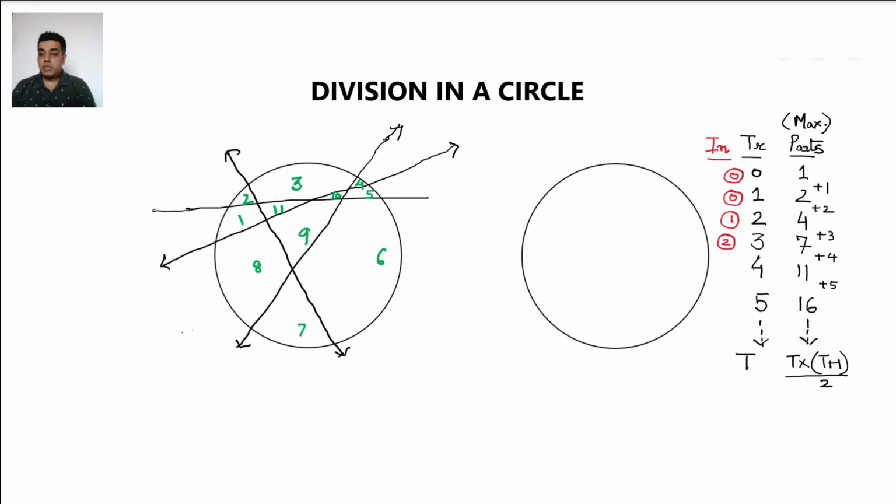Now, so let me put the value of T as 0 in the very first case. So when I take T as 0, it should give me how much? So 0 into 1 divided by 2 gives me 1 by 2. So that doesn't make any sense because we are drawing the transversals here. So let me take the value of T as 1.